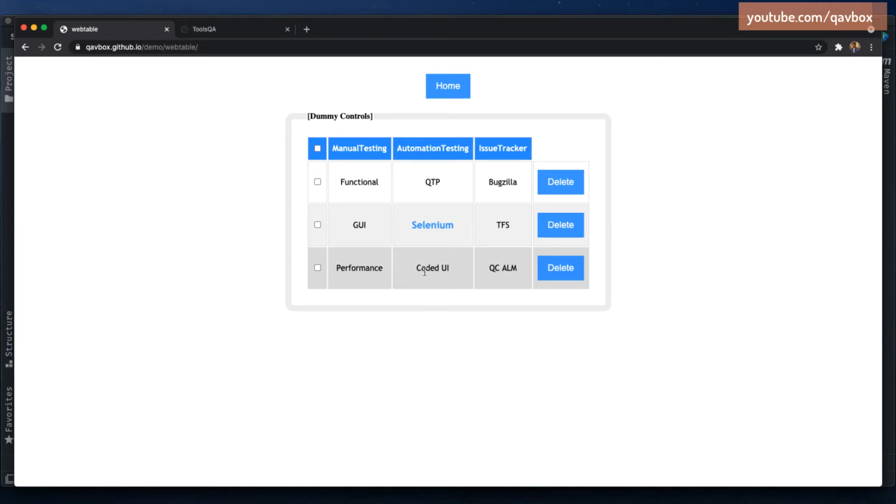Wherever it is matching coded UI, you need to check this checkbox and delete this one. So where it will be deleting. Okay, but in this case it is a static application. So what we can do, we have to